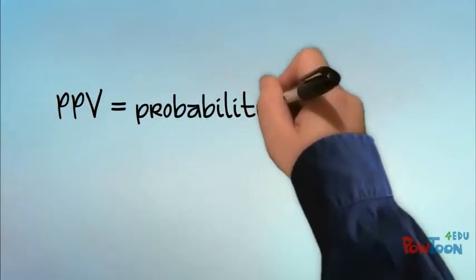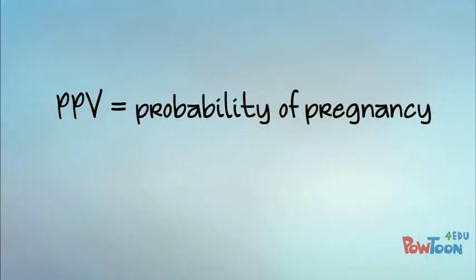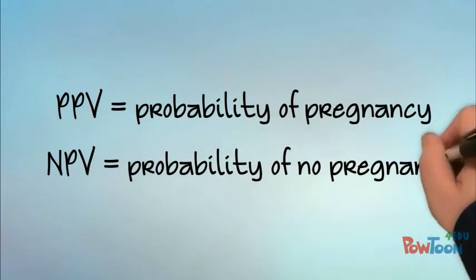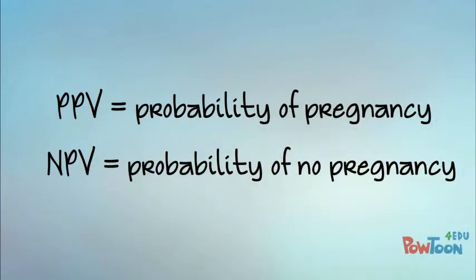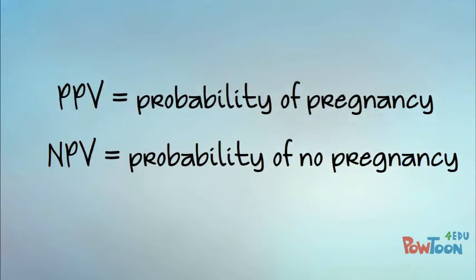At first glance, this seems to solve the problem we encountered with sensitivity and specificity, as PPV tells us the probability of pregnancy with a positive test, and NPV the probability of no pregnancy with a negative test, which is exactly the information our patient wants. Unfortunately, things are not quite so simple, and this is because predictive values vary with the prevalence of the condition